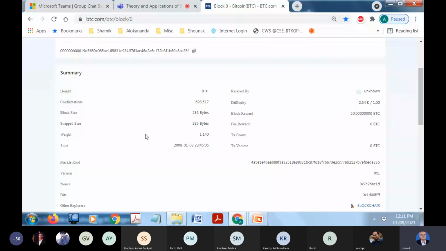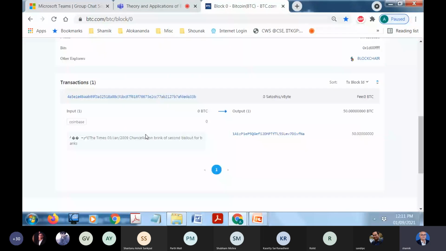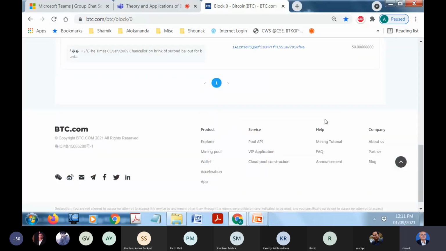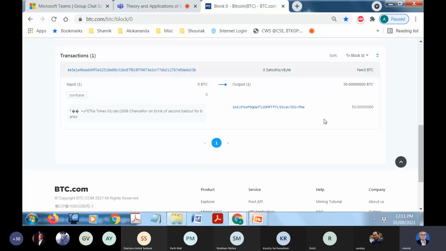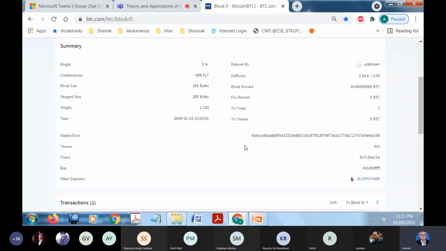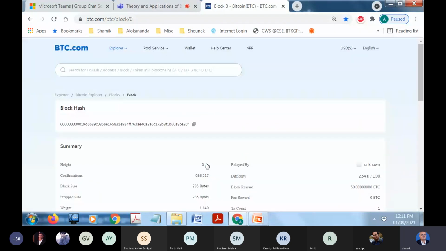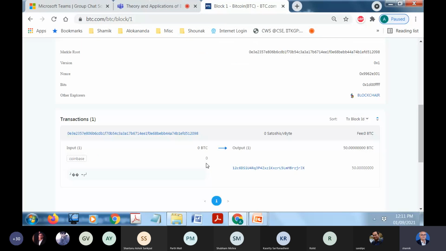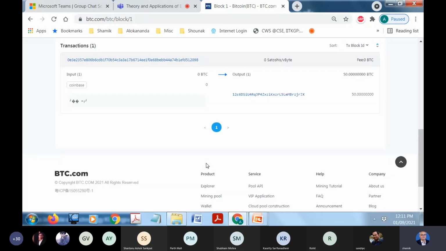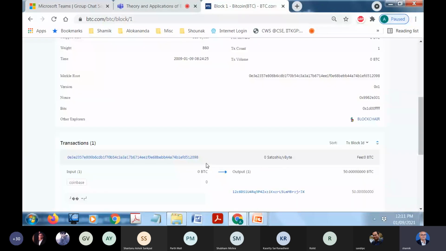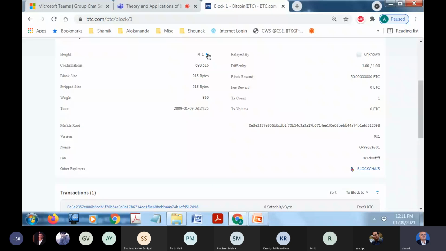And if you see in that one, 50 Bitcoins were actually generated. That was the very first transaction in which 50 Bitcoins were generated. Okay. And there was nothing else there. So that was the first one. Now you can go to the next one and see what was done with that, and the next one, and the next one. And slowly you will see that something was used to spend the Bitcoin, or it could mine more,